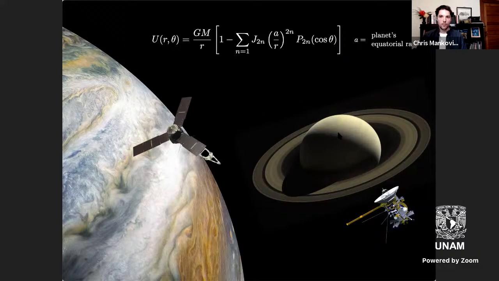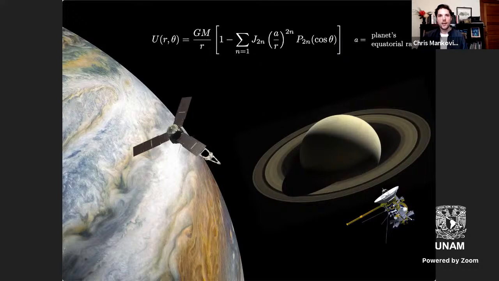These planets are not point sources of mass because they are distorted by their rotation. And as a result, there is actually a long series of non-spherical terms in the potential. This is leaving out influence from satellites and other bodies in the solar system for the moment. But the field of just one of these oblate planets can be written as this multipole expansion. And you'll notice that there are some familiar items in here.